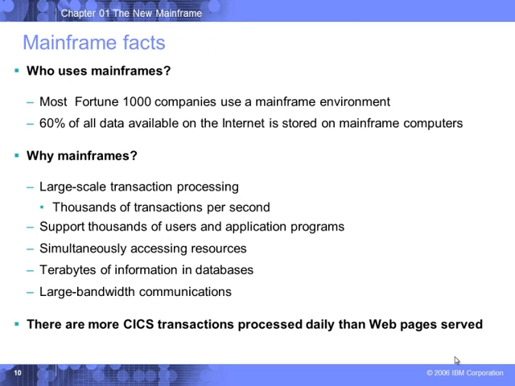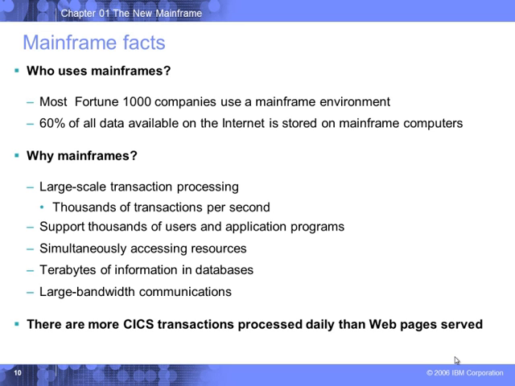So what are the facts? And this has a little data on it, but I'll try to get some updated data. But I'm pretty sure that 60% of all data available on the internet is stored on the mainframe. Pretty sure about that. And actually that number may be up because I do see a movement, as I said, away from the platform, but in another sense it's going back there because a lot of workloads are being moved from the distributed processing world to Linux on a mainframe. So companies that are using Linux see that you can use Linux a lot cheaper on a mainframe. Total cost of ownership, and that gets a little complicated, but we'll talk about that.